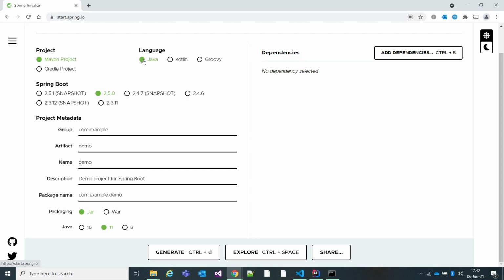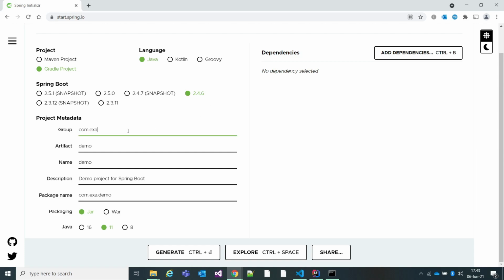I'll be going with Java and a Gradle project. As of now, I'll be taking version 2.4.6, which is the stable version of Spring Boot as of today. If you're watching this video later on, take the appropriate Spring Boot release version.